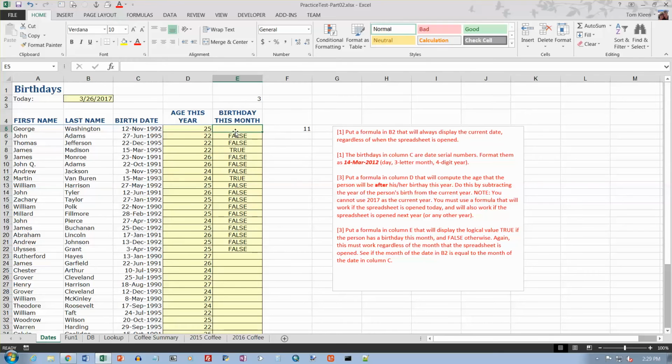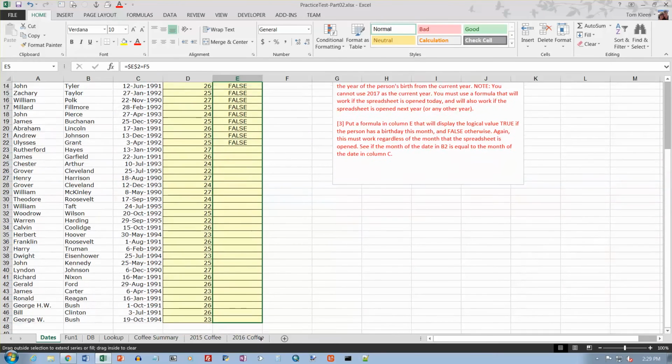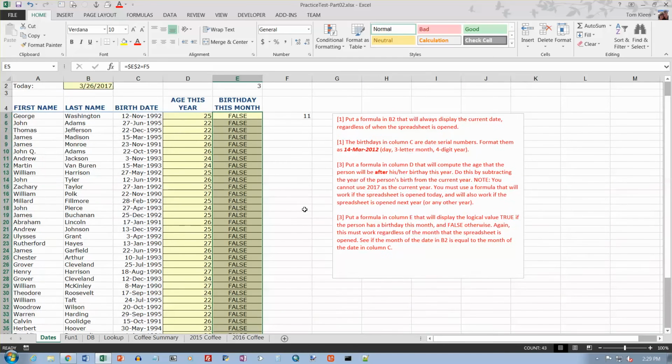And then I just put a formula in here that says equals E2. That's going to be an absolute cell reference, because when I copy it, it's not moving. Is that equal to F5? And it should not be, so we should get false. Okay, so you can do it that way too. You will get the same answers either way. The only difference is,